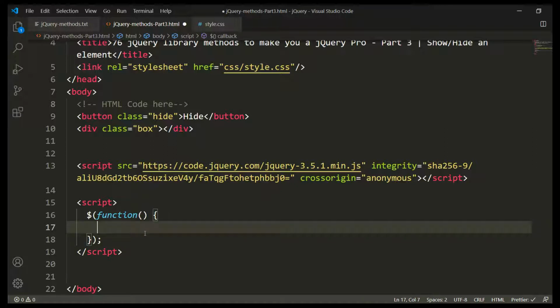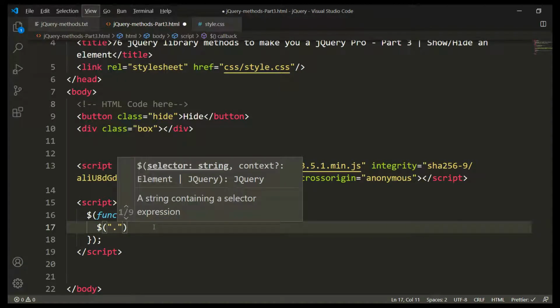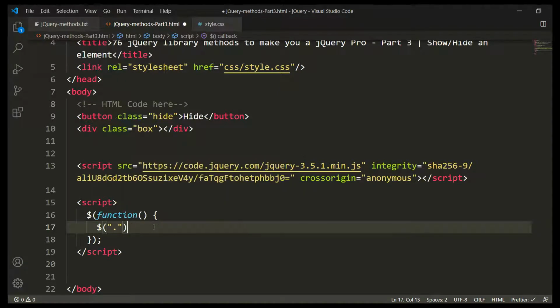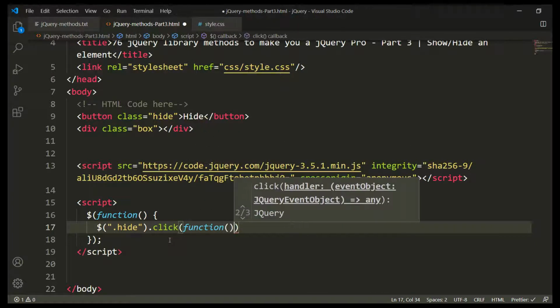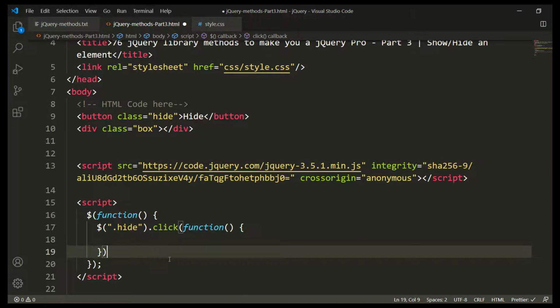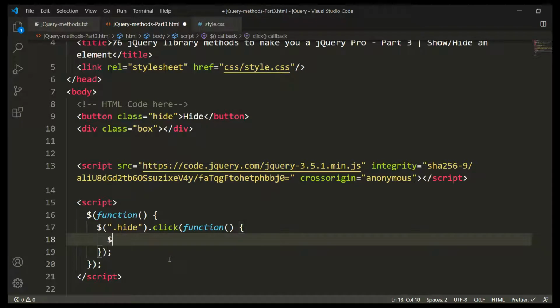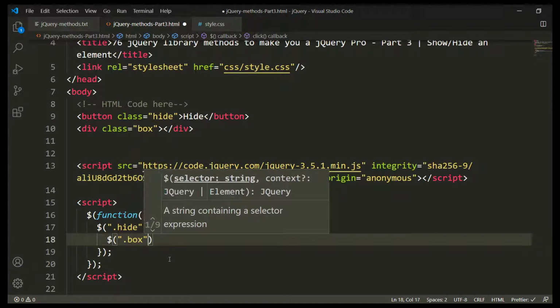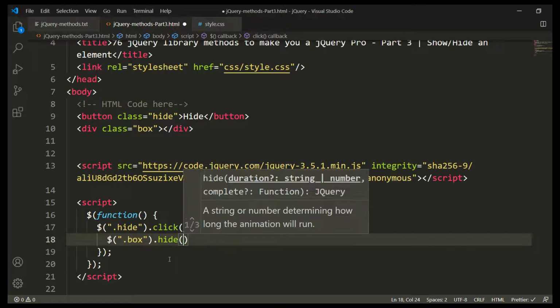Inside dollar function I'll take the selector, which is the button. On click of this button I want to hide the box, so let's say the hide button. I'll take a selector dollar dot hide dot click function, and on click of this I want dollar dot box, which is our div tag, dot hide.